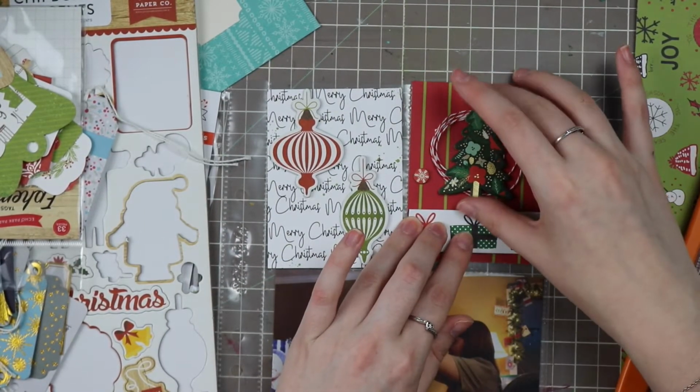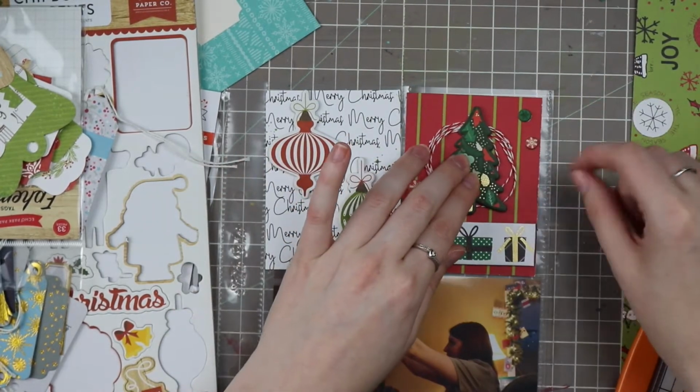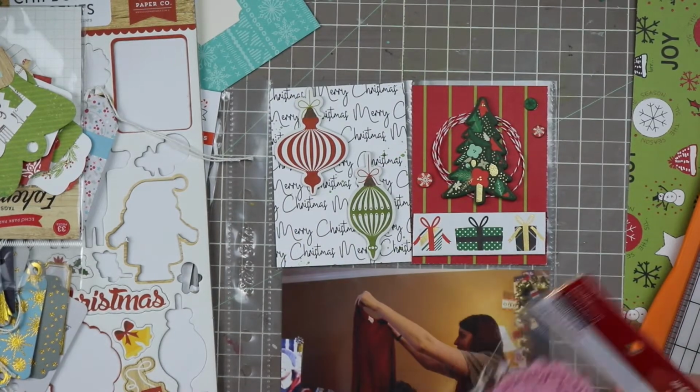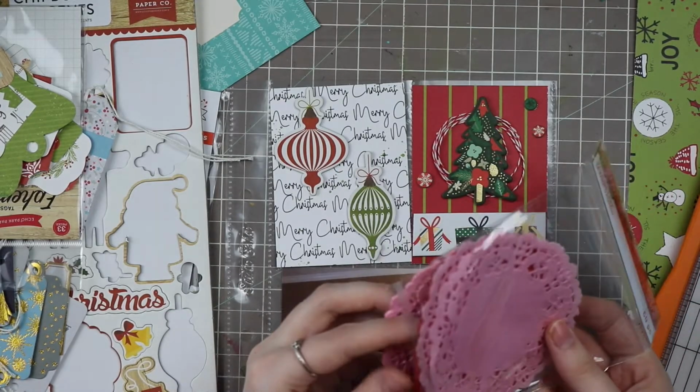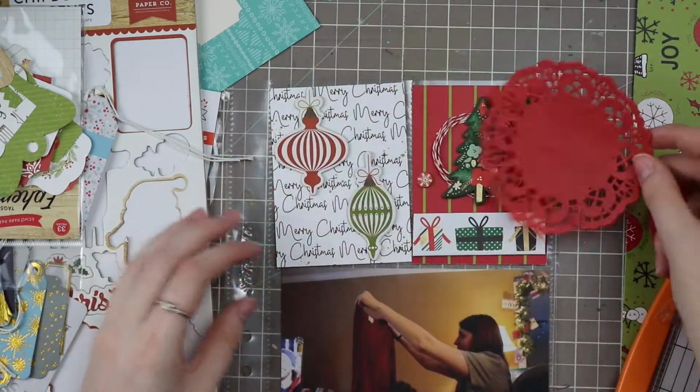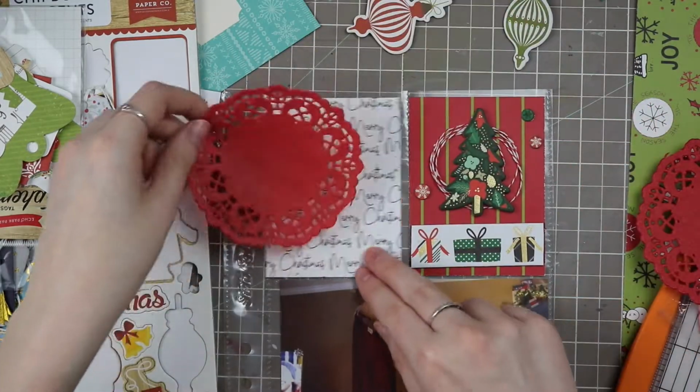And when you do that, be sure to include some larger chipboard as well. I know we often have a hard time using those larger chipboard on our layouts. Specifically, pocket pages are a lot harder because there's a lot of large chipboard pieces on those 12 by 12 sheets. But when you have 6 by 12 sheets like these, it's a little bit more manageable